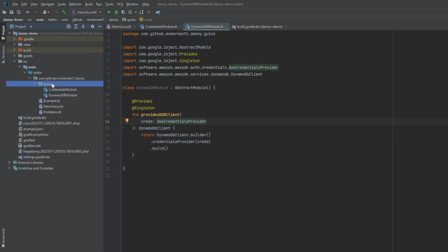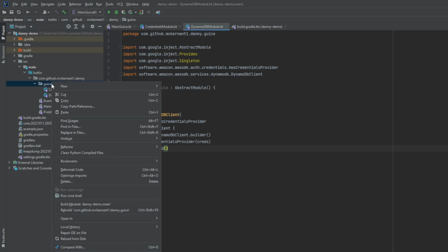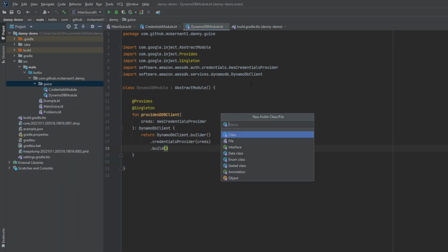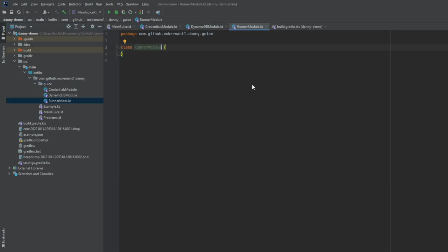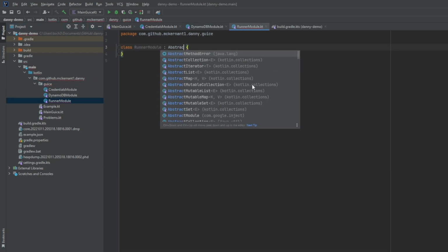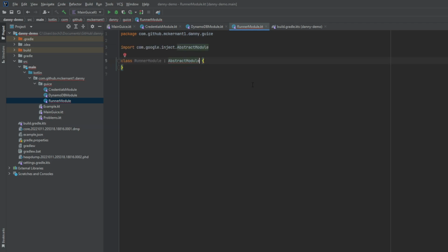Okay, so we have our two clients, or two modules, excuse me, and now we need to create a third module for our whole operation here. So we're going to call it runner module. Not very fancy, but gets the job done. This is also going to be an abstract module. And instead of doing what we did before,